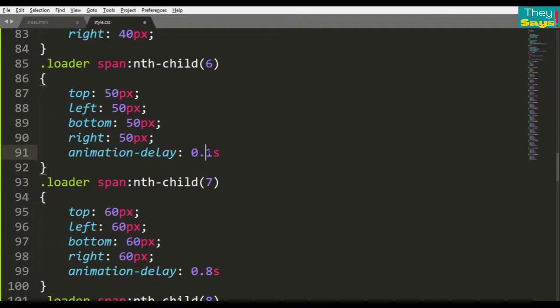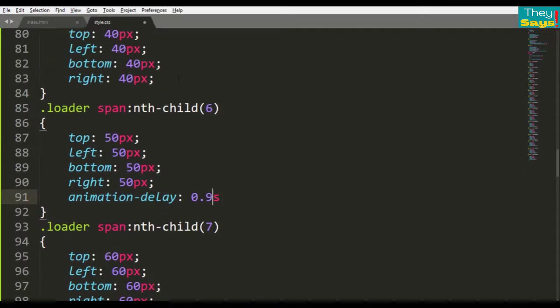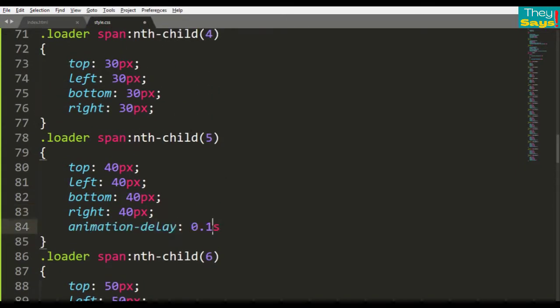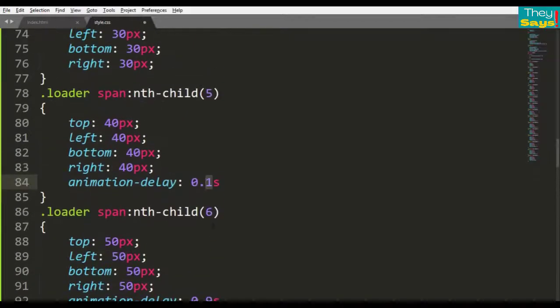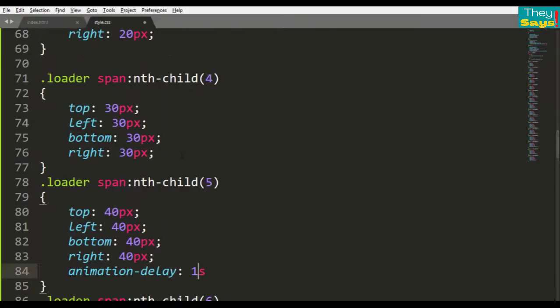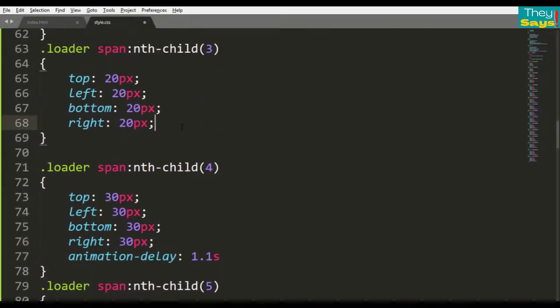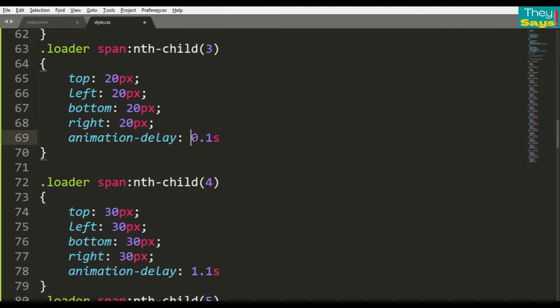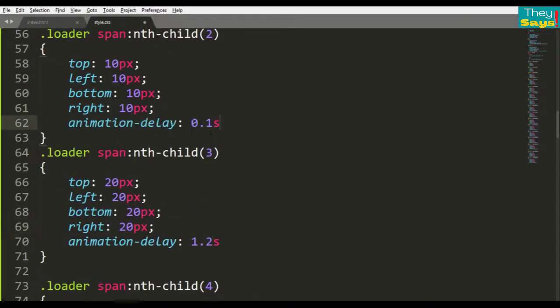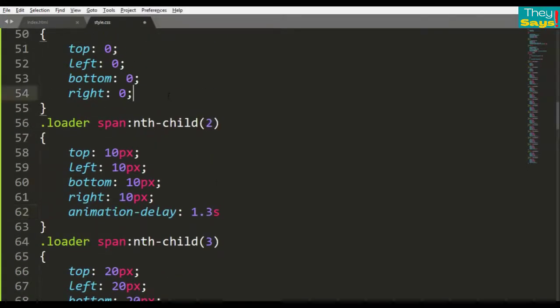Child number 6, animation delay is 0.9 second. Child number 5, animation delay is 1 second. Child number 4, animation delay is 1.1 second. Child number 3, animation delay is 1.2 second. Child number 2, animation delay is 1.3 second.